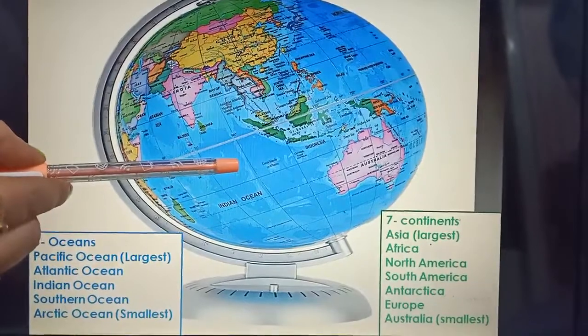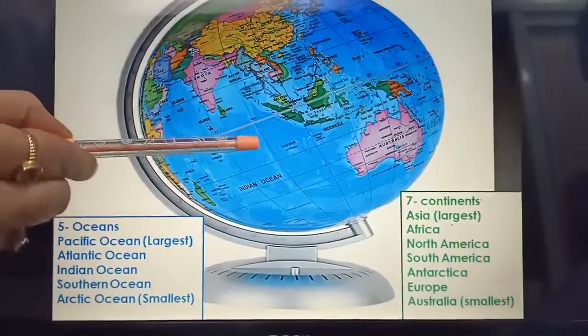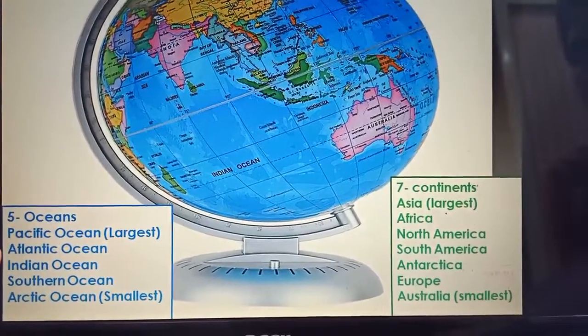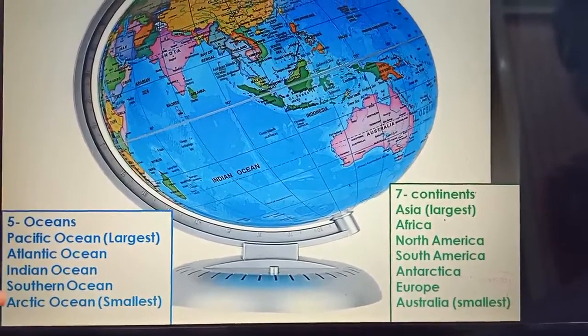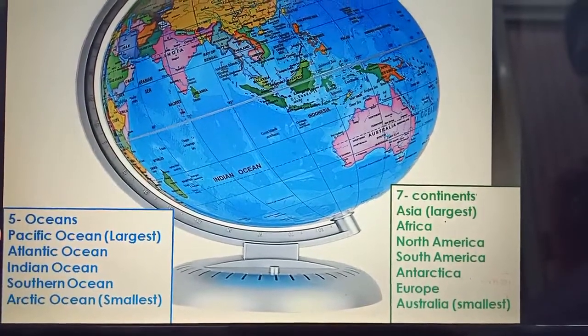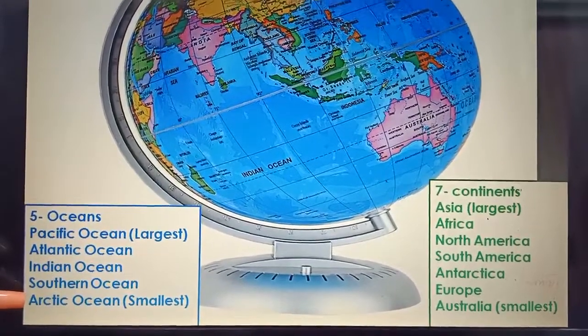Now students, let's arrange the names of the oceans in order of size. Pacific Ocean, Atlantic Ocean, Indian Ocean, Southern Ocean, Arctic Ocean. So the Pacific Ocean is the largest ocean and the Arctic Ocean is the smallest ocean.